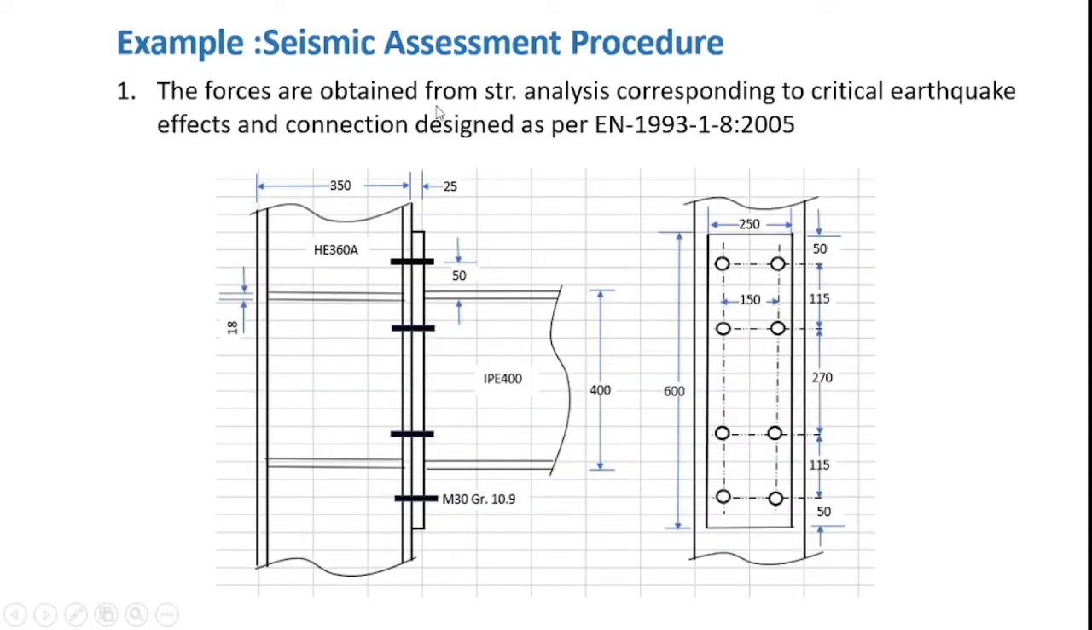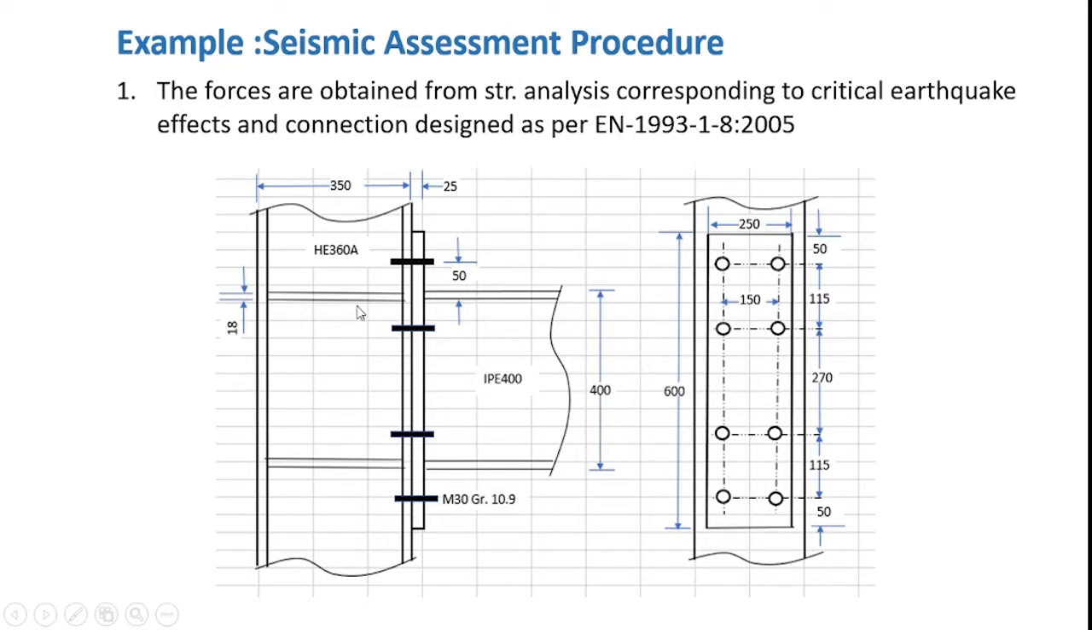So the structural analysis provides us the critical load combinations, and based on this process, I have designed a typical exterior beam column joint that essentially uses an extended end plate with bolts. And the connection that is designed follows the norms prescribed in EN